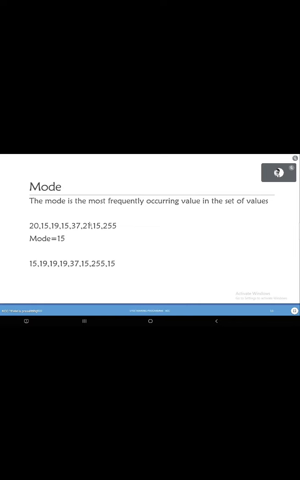What about here? 15 and 19. Is it 19 or 15? Both. Very good. It is both. Okay, so you should know here that unlike mean, where you had just one value, or median, where you had one value, mode can be more than one. Okay, so it is simple. Whichever number is occurring the maximum number of times becomes your mode. So here 15 and 19 have both occurred thrice, so both of them are mode. Okay, so that is about the measures of central tendency.